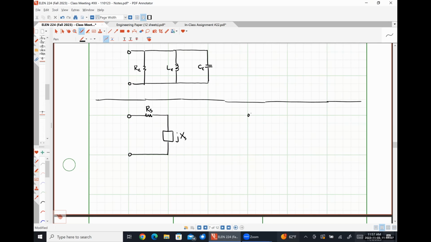Over here on the right, I'm going to have a parallel representation where I would have R sub P, where in this case the P subscript simply denotes we're in parallel, with some parallel reactance, jX sub P. Looking into the terminals, we can define a series admittance Y sub S. Looking into these terminals, we could define a parallel admittance Y sub P. And what we are going to be doing is simply developing a transform that lets us go back and forth between these two forms.